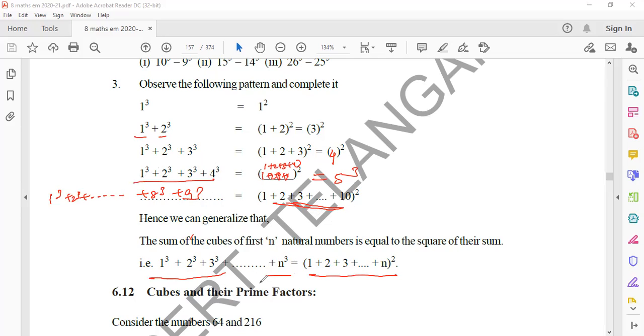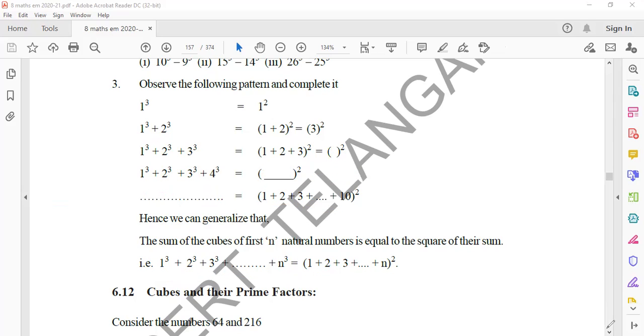So the summation of individual cubes is equal to the addition of the numbers, and then make it a square. This will get it out. It's very clear. Thank you. Now next we have to go